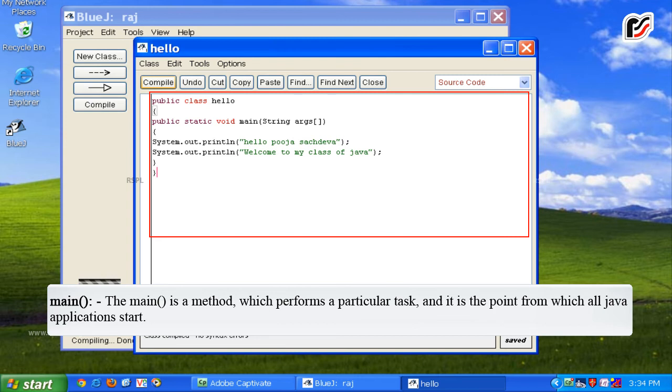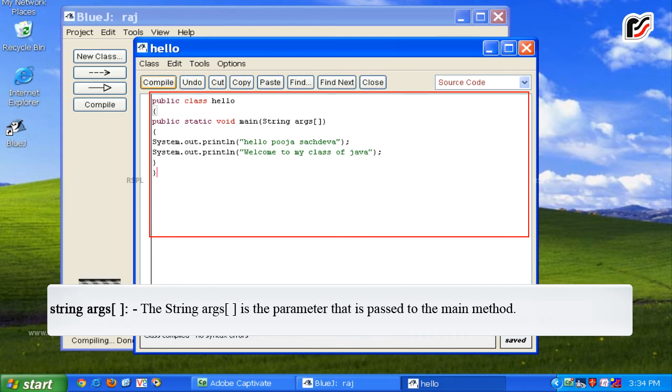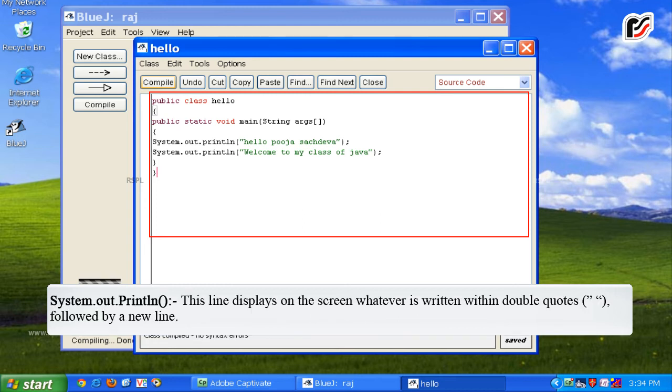The main is a method which performs a particular task, and it is the point from which all Java applications start. String args. The string args is the parameter that is passed to the main method. System.out.println. This line displays on the screen whatever is written within double quotes, followed by a new line.